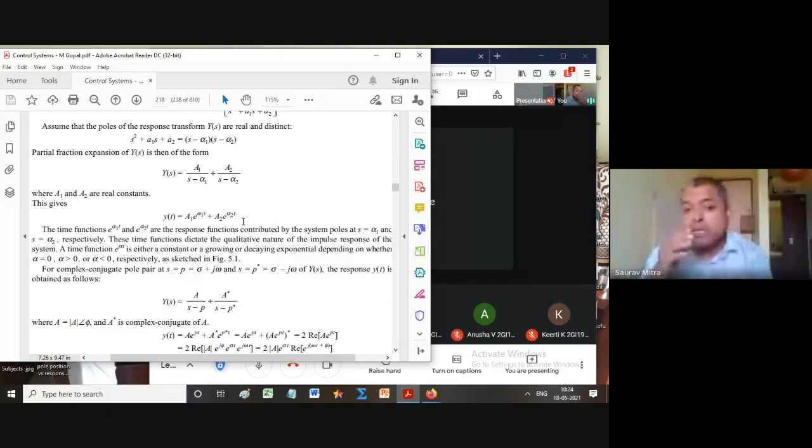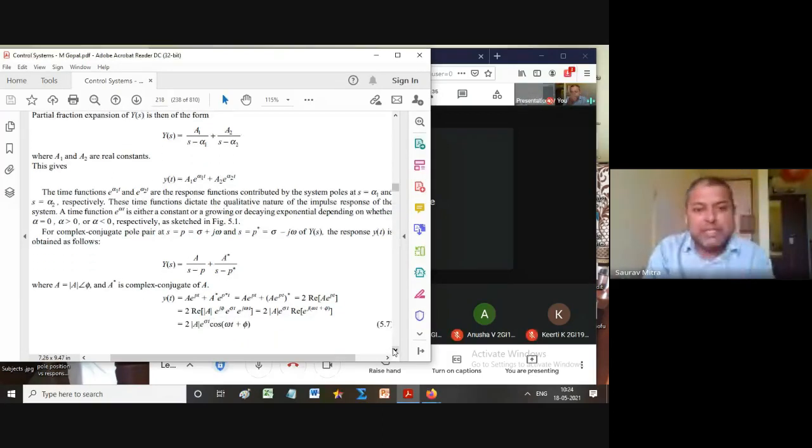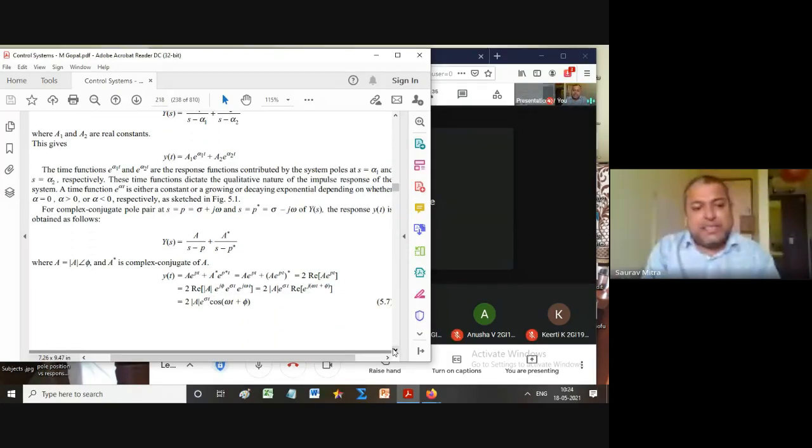What is meant by asymptotic? When one graph is meeting the x-axis at t is equal to infinity, then that graph and x-axis are called asymptotic. So two graphs are asymptotic when they meet at infinity. They are meeting at infinity means it's creating a closed area. And that closed area is actually a measure of whether the system is stable or unstable. So in this case, they have found the solution for that.